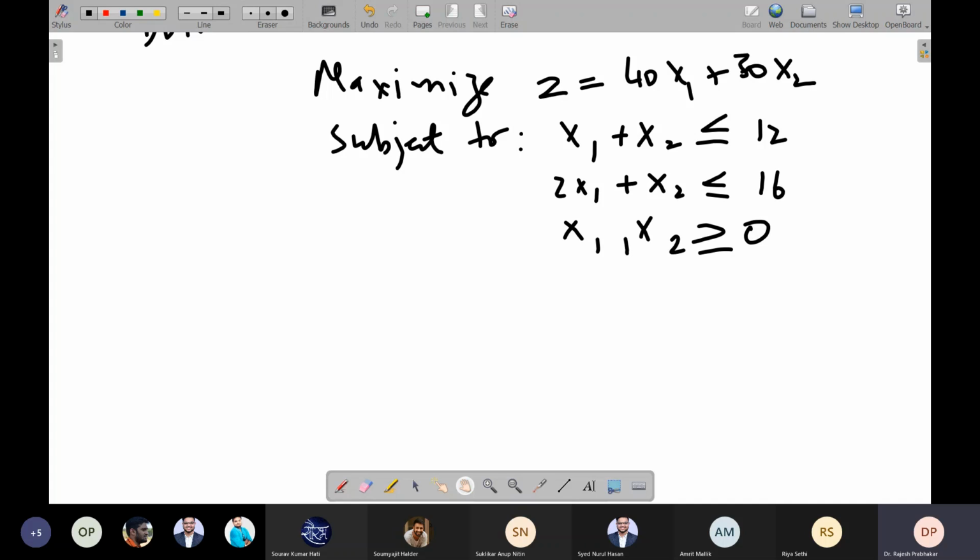Now we have to convert the inequalities into equalities by adding slack variables. This is step 2.